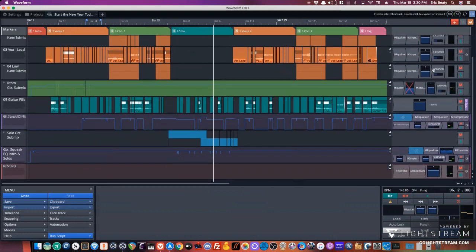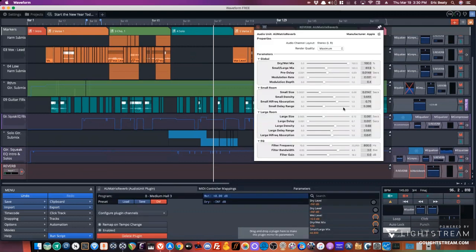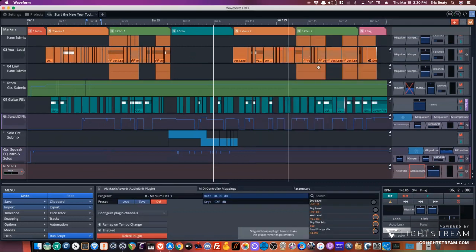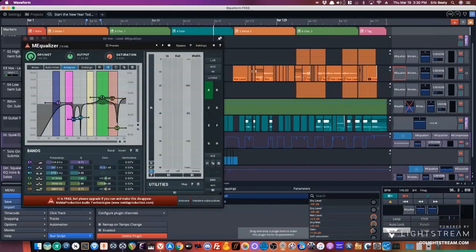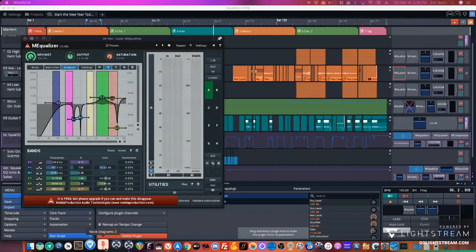As you can see by the CPU usage there, it was showing what was using the most resources. This AU Matrix Reverb, that's a reverb that comes with Apple, was using the most resources. And then you could see the different equalizers and stuff, which, by the way, I was just talking about. If you didn't hear that either, you need to check out this other website that I will go ahead and